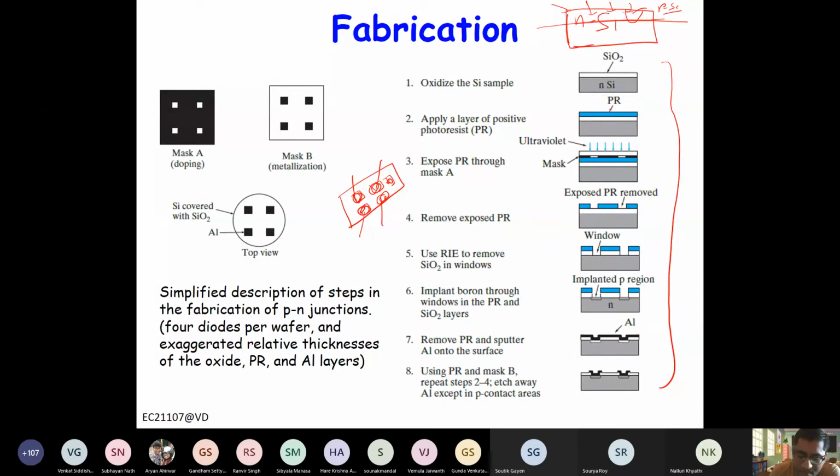So how do we do that? We apply a chemical called photoresist. The photoresist is basically a material which responds to light, usually UV light. UV light can make the bonds weak or it can make the bonds strong. Depending on that, these photoresists are named positive photoresist or negative photoresist. So for example, we apply a positive photoresist, right?